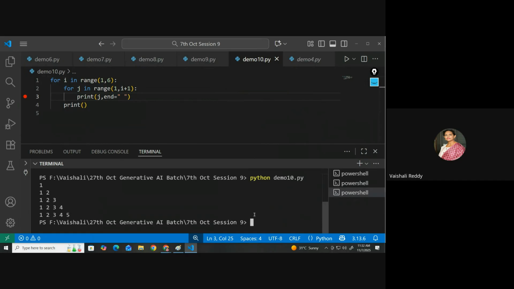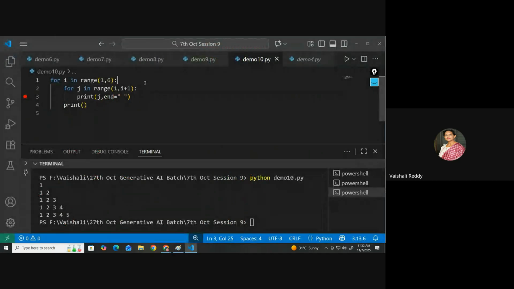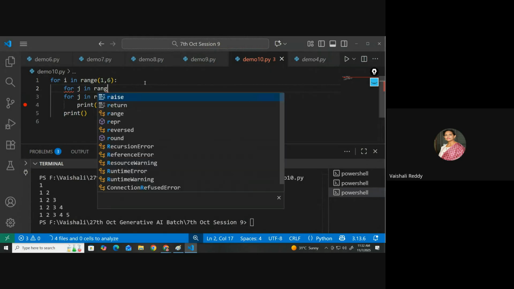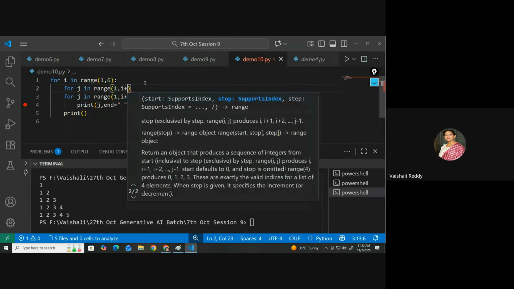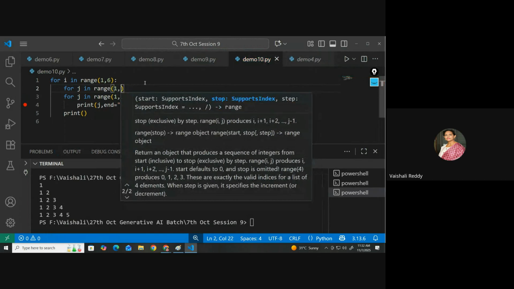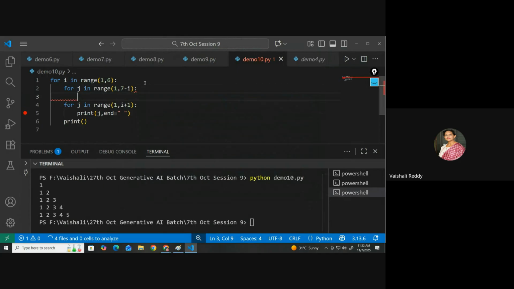यहाँ तक ओके है सबको? Can you press the thumbs up to confirm we are okay up to this part? अब इसके सामने हमें स्पेसेस चाहिए, तो वो स्पेसेस कैसे हैं? ज्यादा से कम की तरफ हम आ रहे हैं. So I will have to put a space over here for j in range 1 comma i plus 7 minus i. ज्यादा से कम ना, तो 7 minus i. तो print